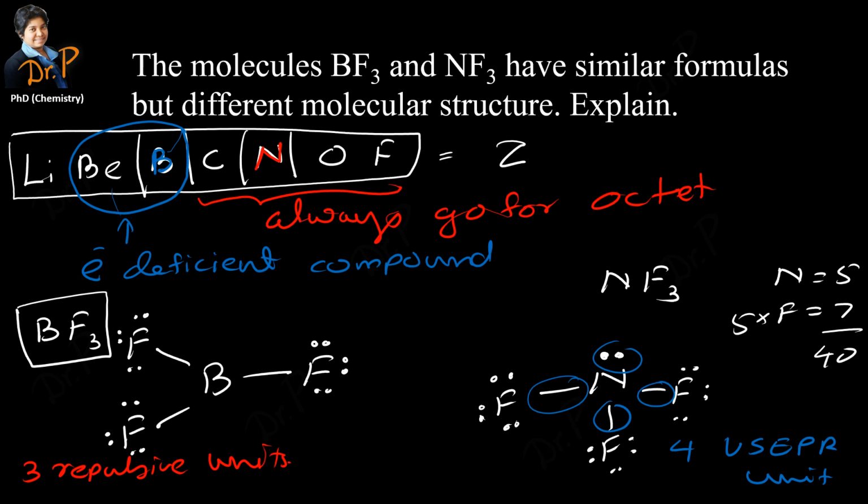If you have 3 repulsive units, your electron pair geometry is going to be trigonal planar. So BF3 will have a trigonal planar